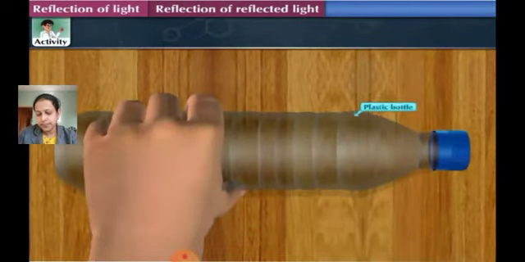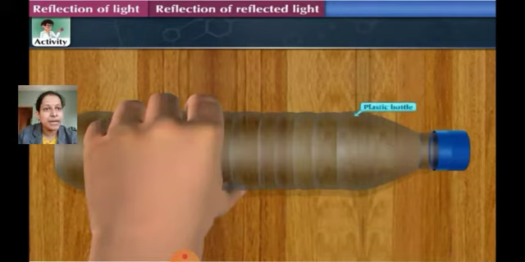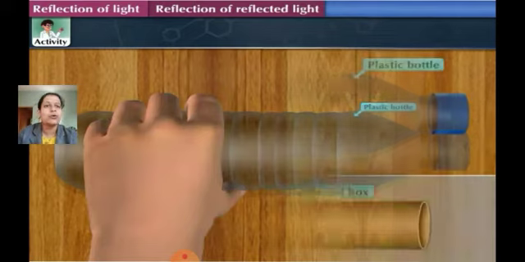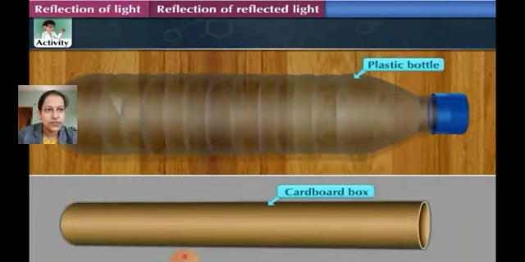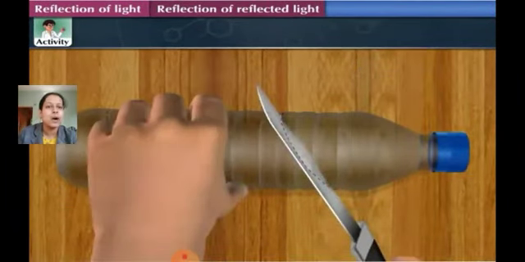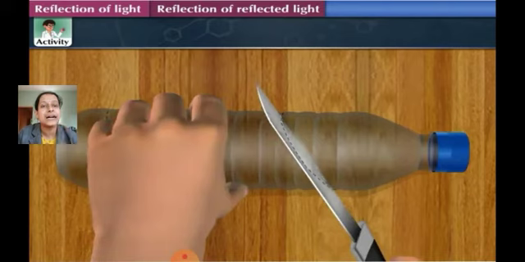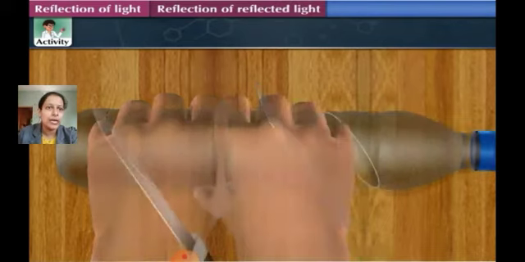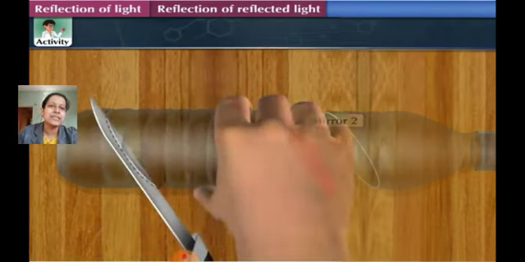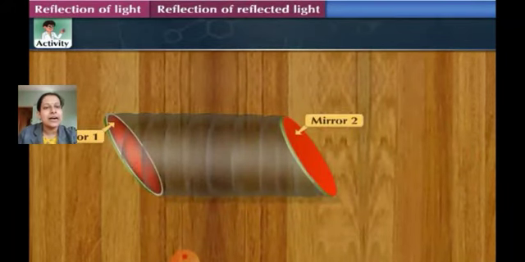That is another instrument we are going to make. For that we require a plastic bottle, and we can also use a cardboard box for this. But here let's see how we can make it out of a plastic bottle. You need to take a plastic bottle and make an oblique cut, at a particular angle, on both the sides. And once it is ready, you can see how it looks.